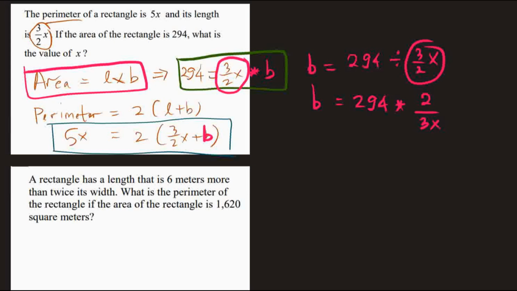So now we have b equals 2 times 294 divided by 3, which is 196 over x. Now this b we substitute into this part. So this b substitute into this part. Now we have from here